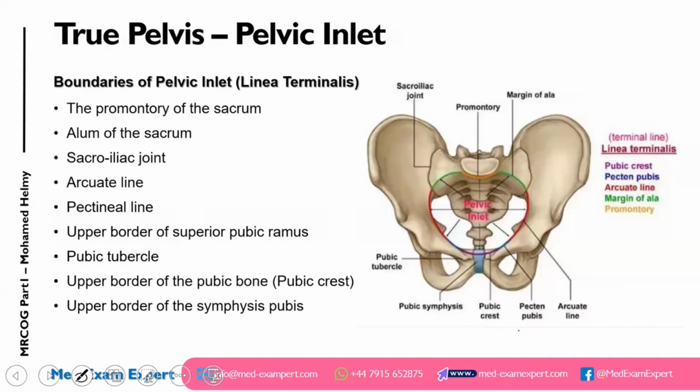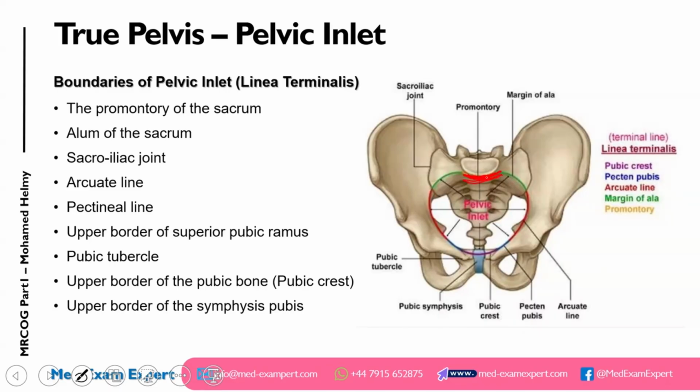Now let's talk about the pelvic inlet. The pelvic inlet, the entrance to the pelvic cavity or the true pelvis. This entrance, or pelvic inlet, or pelvic brim, or what we call the linea terminalis, can also be named the terminal line. These are all names or synonyms of the same thing. It's formed by the promontory of the sacrum. It's an imaginary line, of course, joining